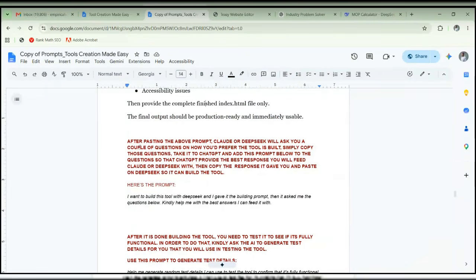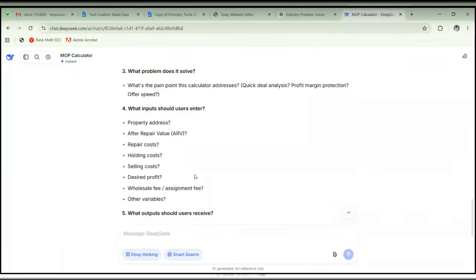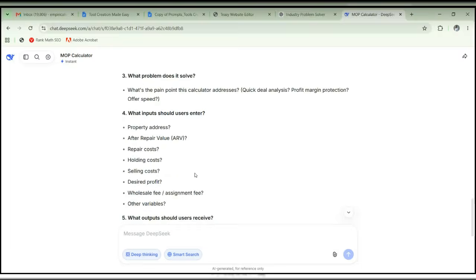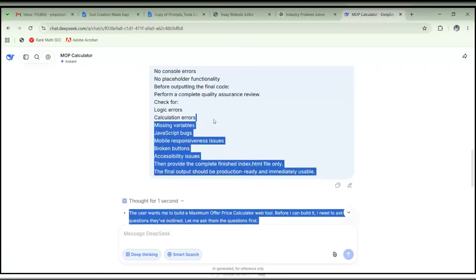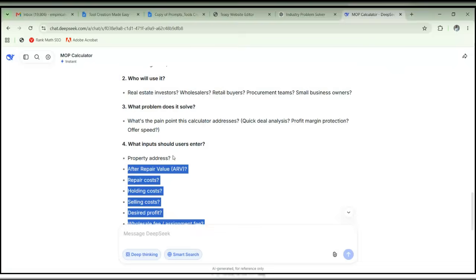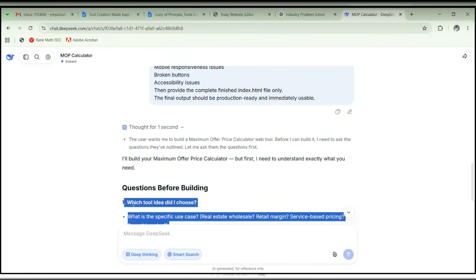All right. So after pasting the above prompt, Claude or ChatGPT or DeepSeek would ask you a couple of questions on how you prefer the tool to be built. Simply copy those questions, right? And when you copy those questions, we'll now take them to ChatGPT. So let me copy all of these questions that DeepSeek generated. When I copy these questions, I'll go back to ChatGPT